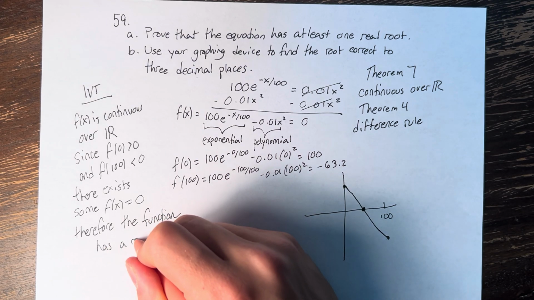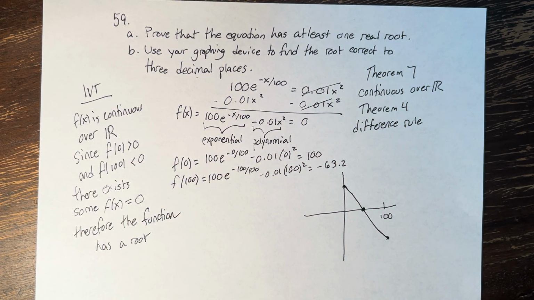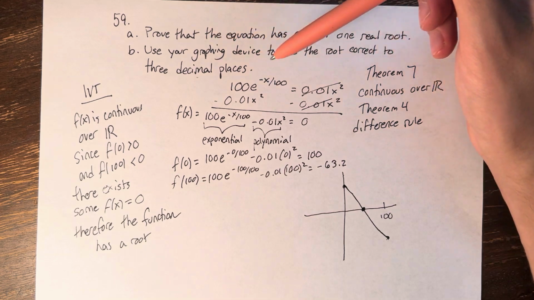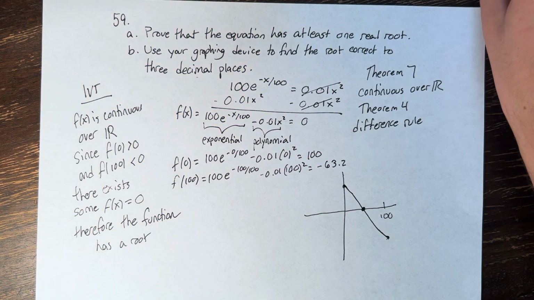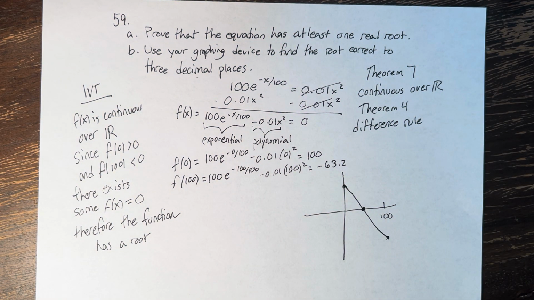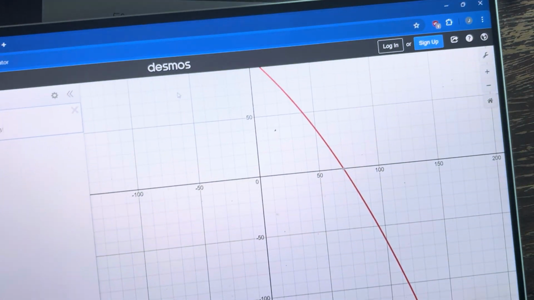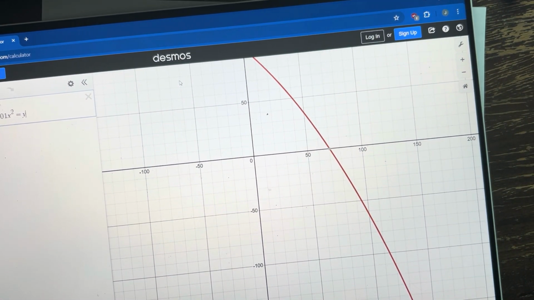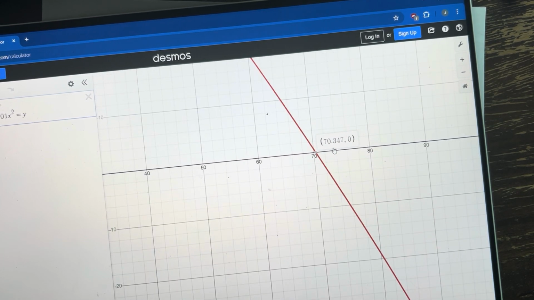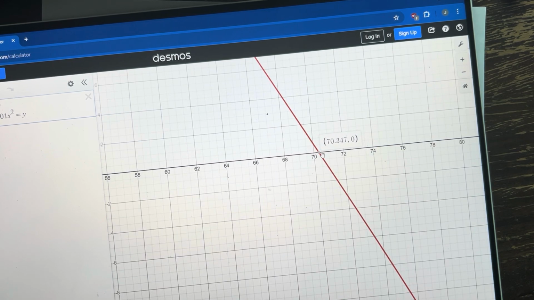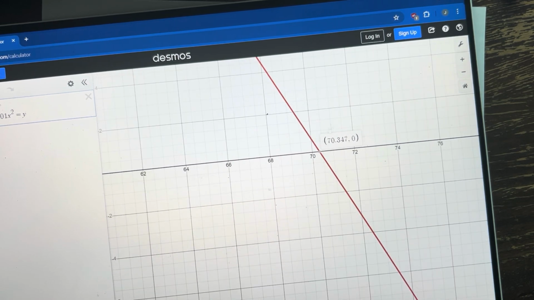Has a root. In part B, we're asked to use our graphing device to find the root correct to 3 decimal places. So I have the function pulled up here. And all we need to see is where is the root. This isn't the most interesting process, but if we look at the intersection point, Desmos will actually label it for you,